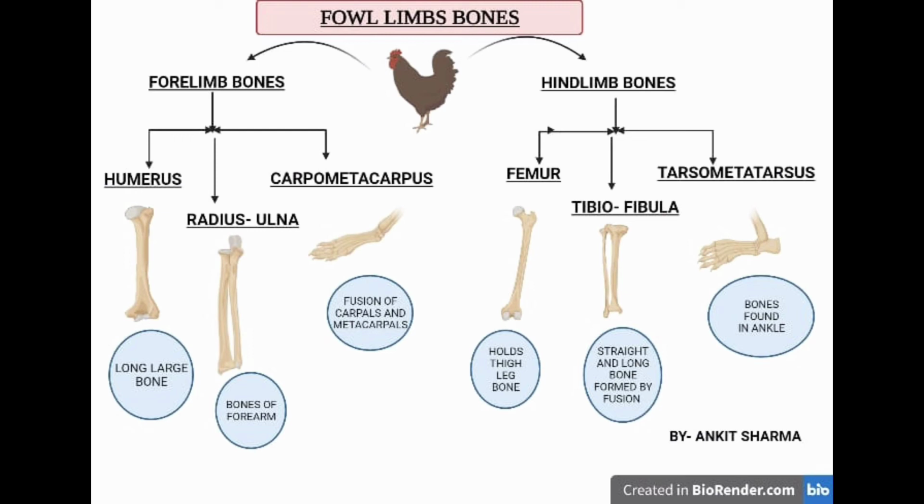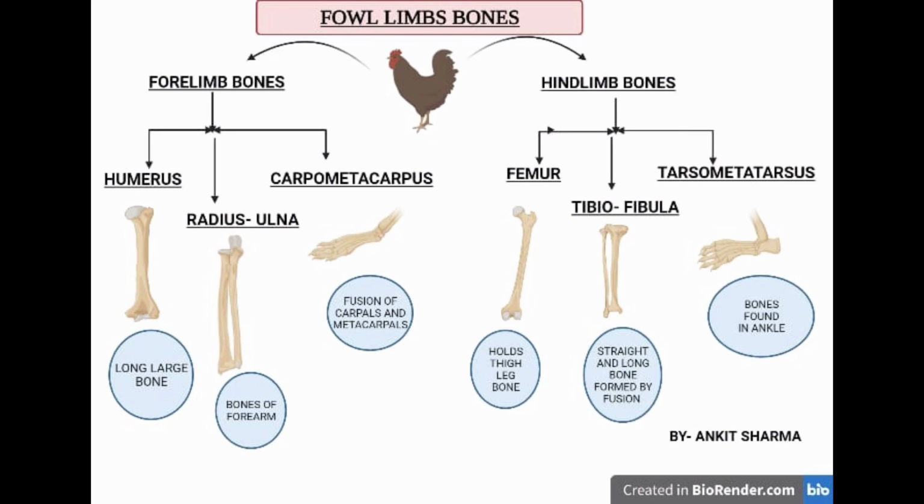The tibiotarsus is a long and stout, nearly straight bone found on the inner side of the shank. It is formed by the fusion with the proximal row of tarsals, astragalus and calcaneum. The proximal end of the tibiotarsus is expanded and has on its anterior face a median cranial or tibial crest and two articular surfaces for the condyles of the femur. Distally it articulates with the tarsometatarsus via a pulley-like articular surface, a groove bounded by two condyles.